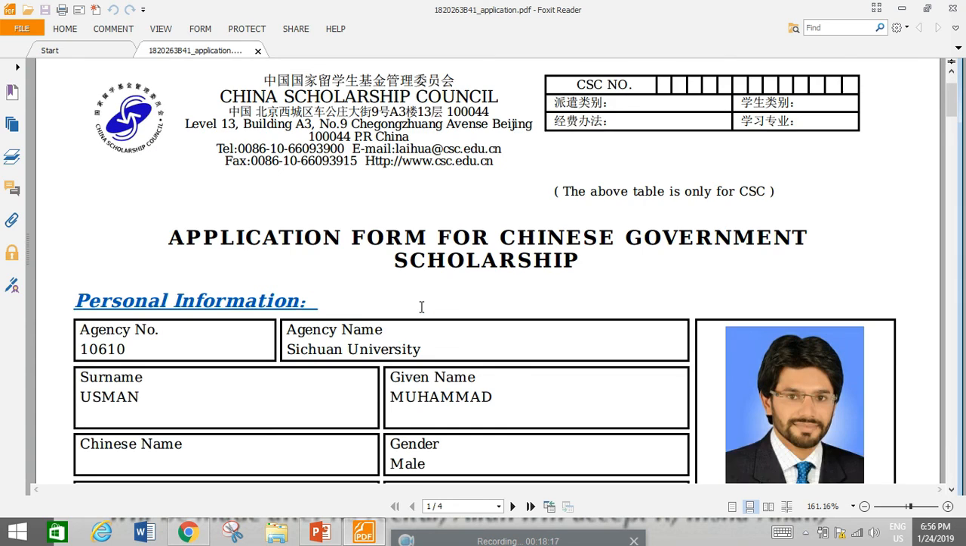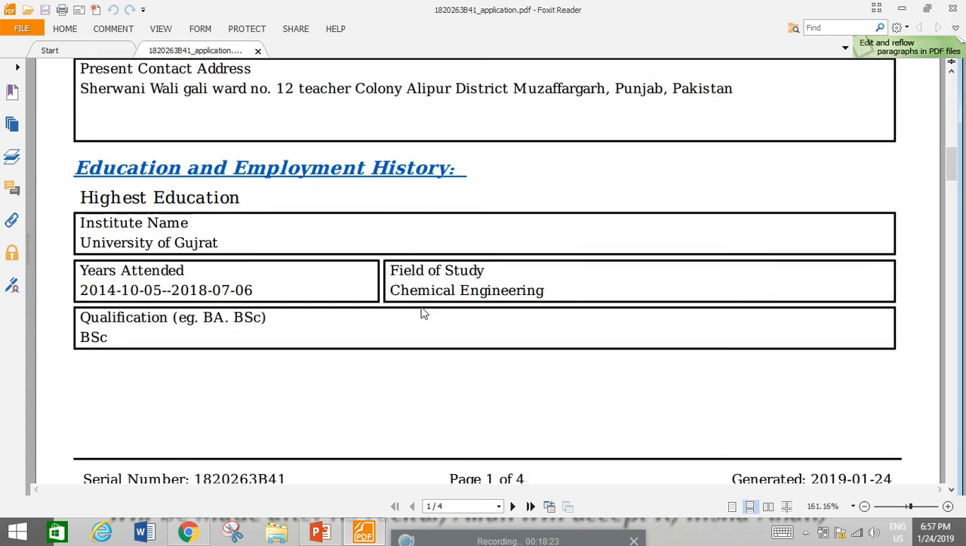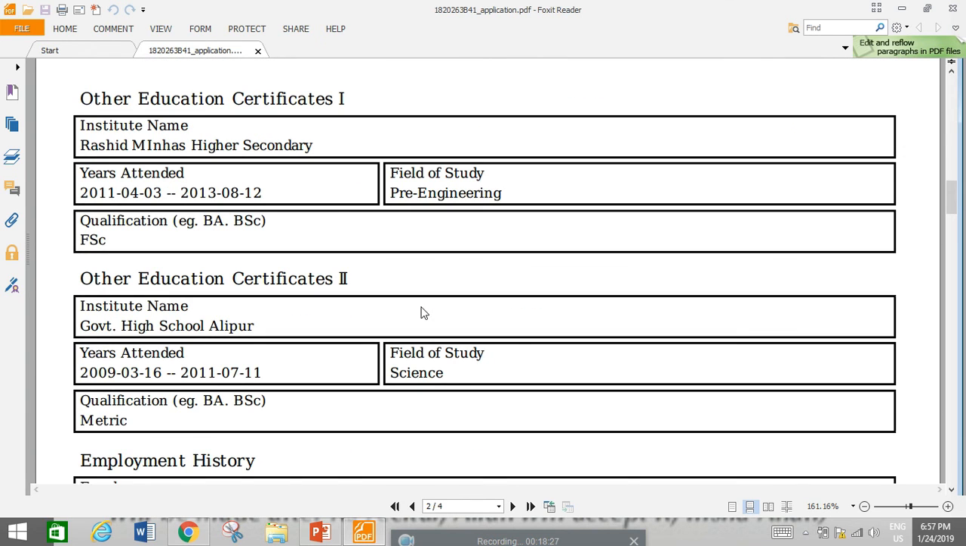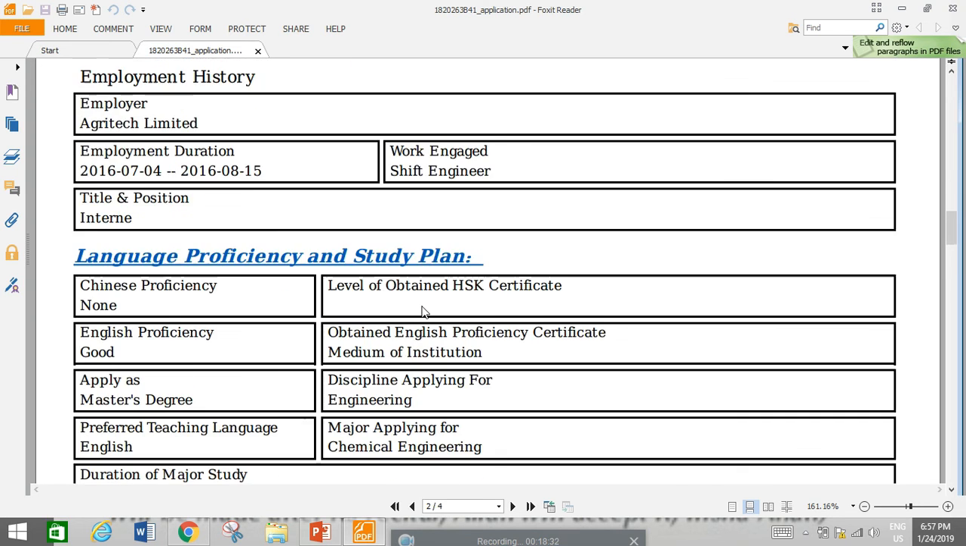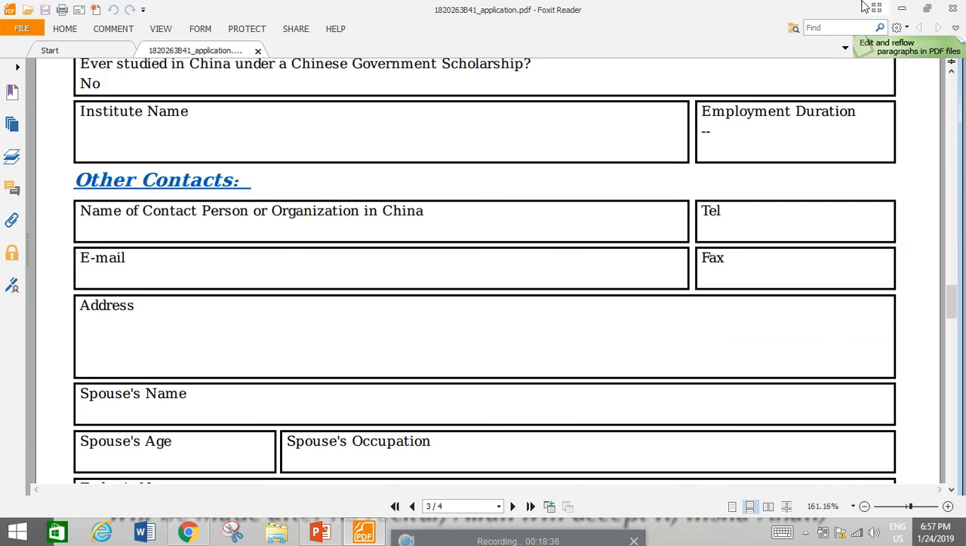Yes, members, see here, this is my application which I have filled on the CSC application form. This is the automatically filled application form. Print it, attach your documents, and post it to the educational institution's postal address. For further information and inquiries, if you have any question about